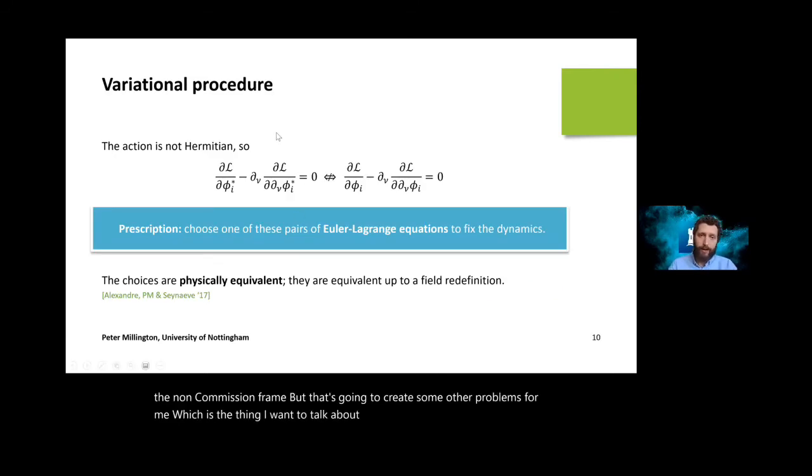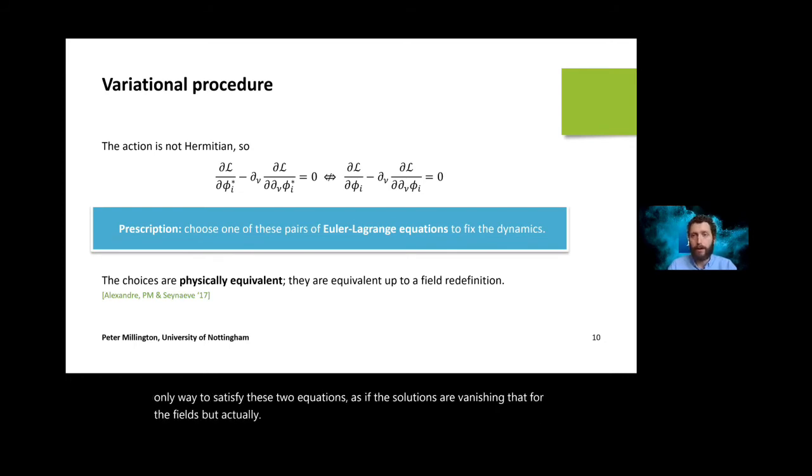So if we now think about the variational procedure for the Lagrangian I wrote down before, so this one that has these two complex scalar fields, if I naively calculate the Euler-Lagrange equations by varying that Lagrangian with respect to the field and its complex conjugate, remembering here I'm working with C number field variables, then those two Euler-Lagrange equations are not mutually consistent because of the non-Hermiticity of the Lagrangian. This could suggest that the only solution is the trivial one. The only way to satisfy these two equations is if the solutions are vanishing for the fields.